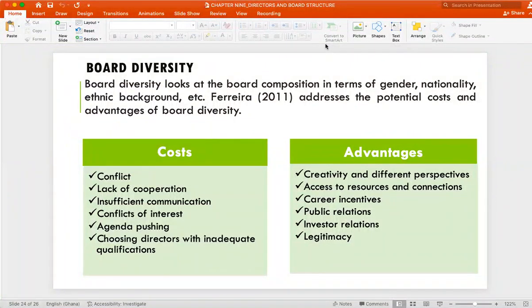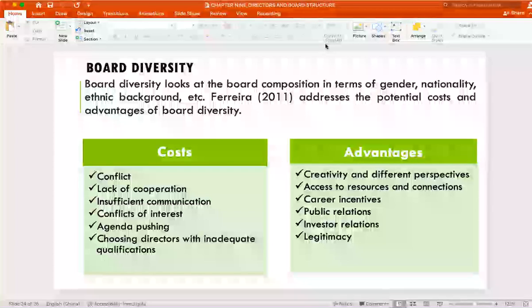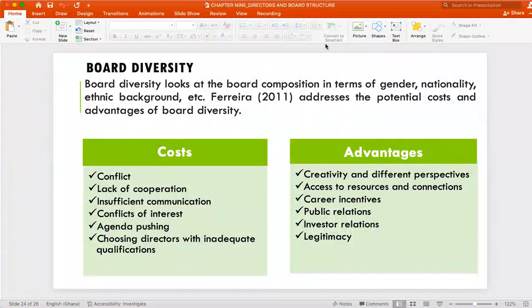They also take a look at the board and realize that it's only people of a particular tribe on this board, or it is only females, or it is only males, and I'm a female, then the chances of me progressing in this company are difficult, okay? Because all things being equal, all males will be making decisions that are likely to favor males. All females may be making decisions that will favor females. I'm just using this hypothetically for you to understand that point.